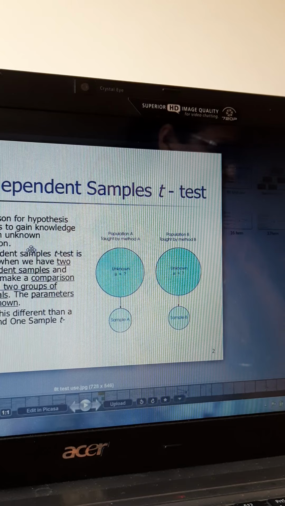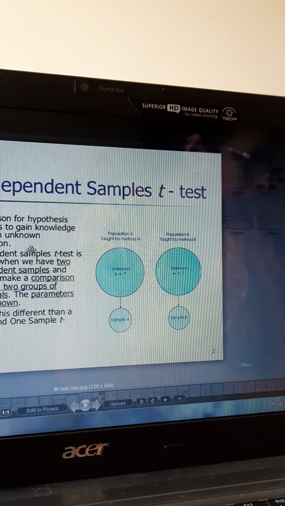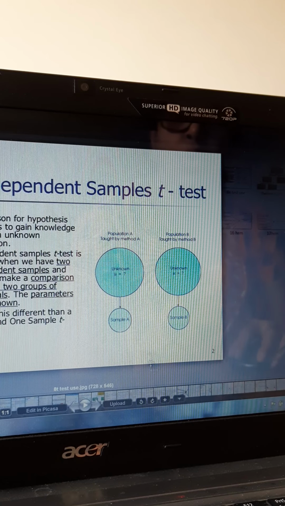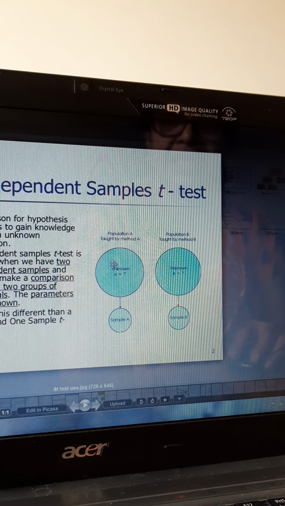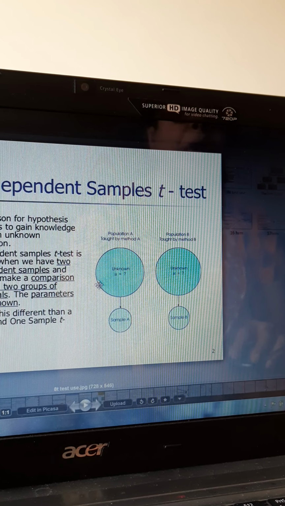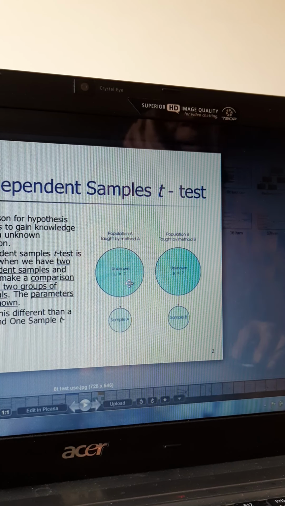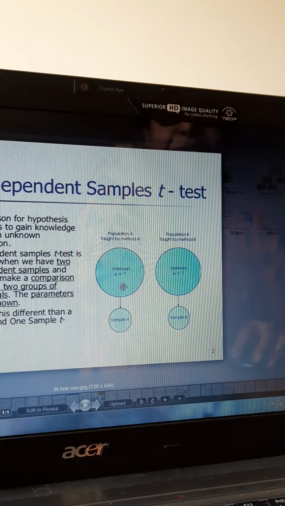Supposing you are doing a study on IT professionals, the stress level amongst IT professionals. You don't know the overall IT professionals, you don't have knowledge about the overall population. Can you go study each and every IT professional in Bangalore? So you don't have knowledge about the unknown population.